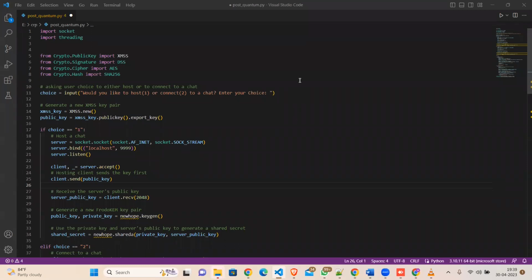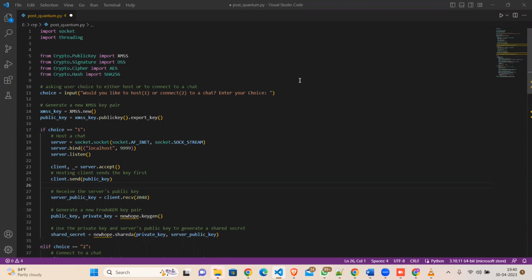Now, coming to the coding part, here I have discussed with my team members the upcoming algorithms which we are going to use, and the techniques and signature schemes which we are using. For the dependencies, everything I have imported at the starting of this code.